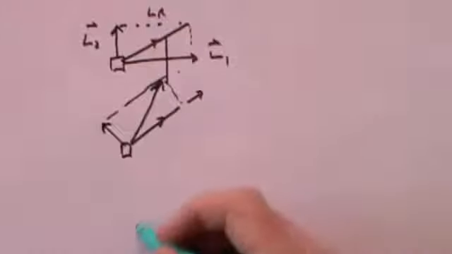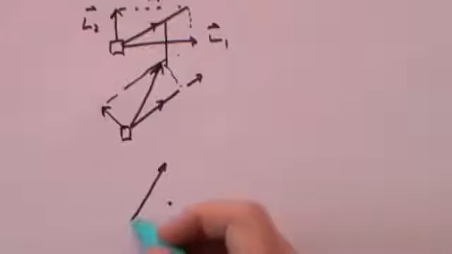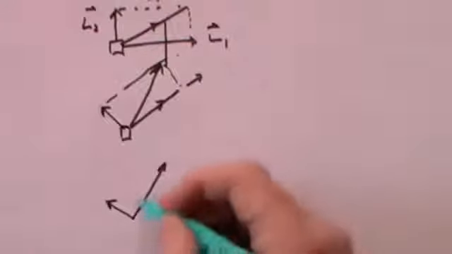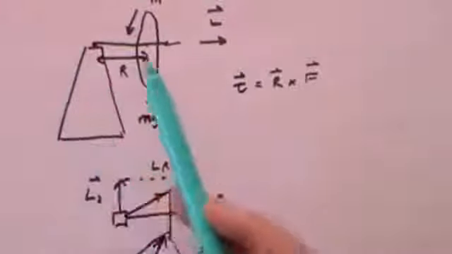But then when the angular momentum is in that direction, there is going to be a new angular momentum created by the force, which is going to turn it like that. So consequently, the disc is just going to rotate parallel to the surface of the table around the top of